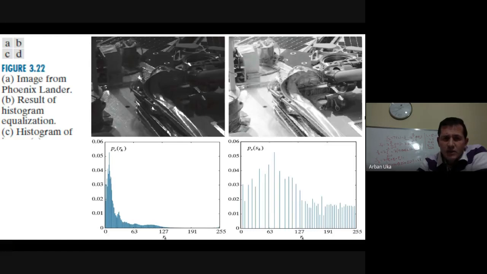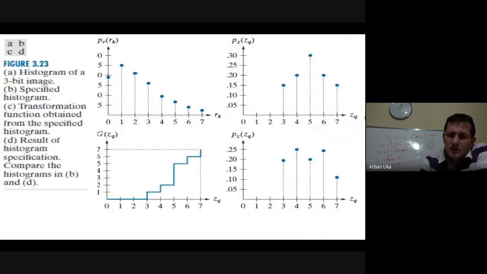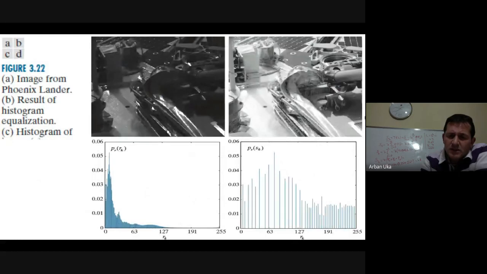Here we have an example. In image A, we have an image which is pretty much dark, with very little contrast. We don't actually understand several features. I'm trying to understand what this image includes inside, but I don't see much. This might look like some cables or cable components, more or less. At the bottom of the image, which is darker, we observe the specific histogram. After it is modified, we observe a histogram which is not equalized but template matched, because we don't see all the bins having the same probability.